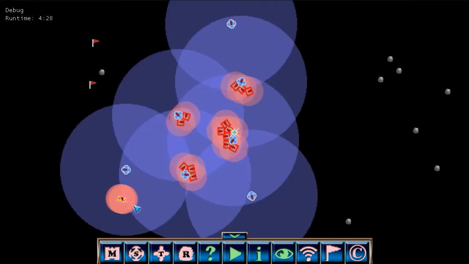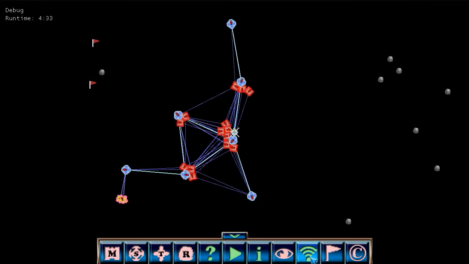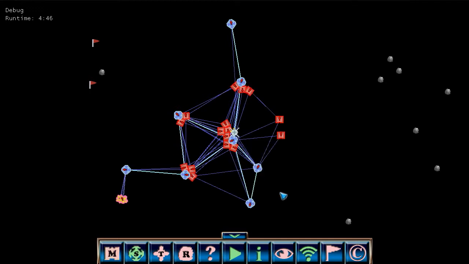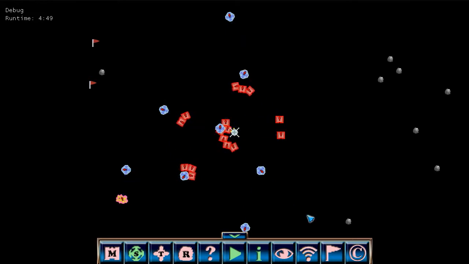That's vision range, which now also incidentally works for the task robots. We also have communication range, which is this Wi-Fi type looking button, which again shows the communication between all of the robots regardless of type, whether that's between movement robots and scout robots, or between scout robots and other scout robots. And we can toggle that